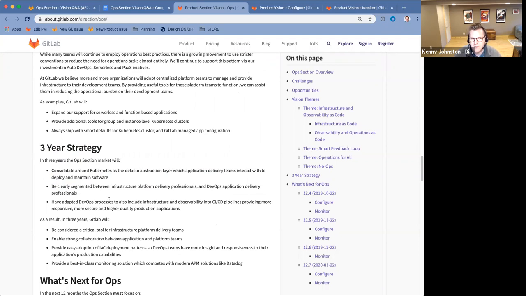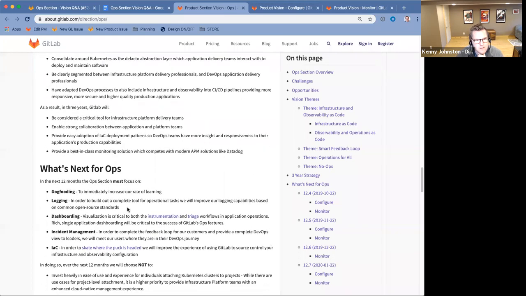This is something we've been hearing a lot from analysts: platform teams might serve as the internal PaaS for development teams, so that for instance, Kubernetes infrastructure is run by the platform team, and then the developer teams land their applications on that infrastructure, so they don't have to think about it as much. And then, yeah, the whole infrastructure and observability as code, where those processes are defined and have CI/CD capabilities.